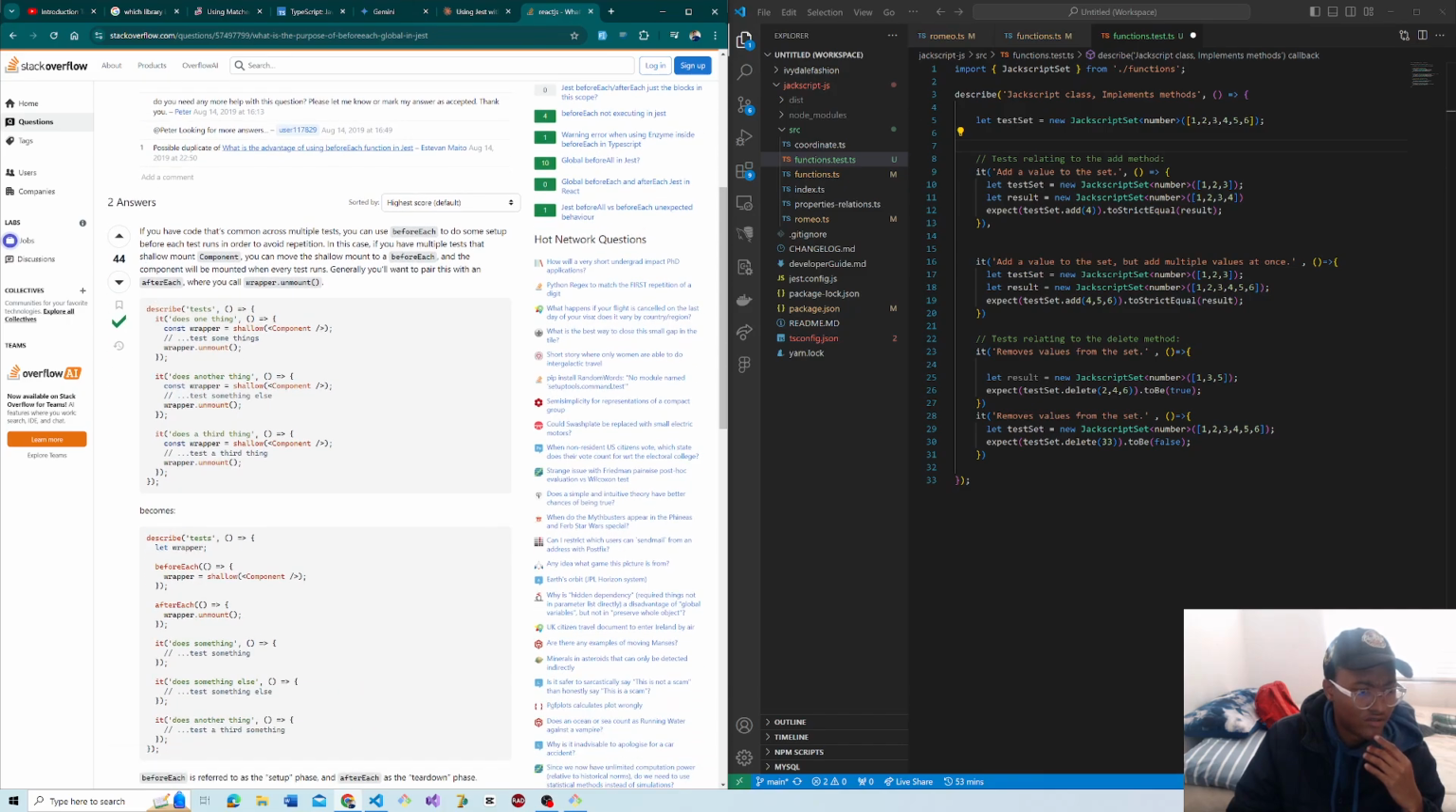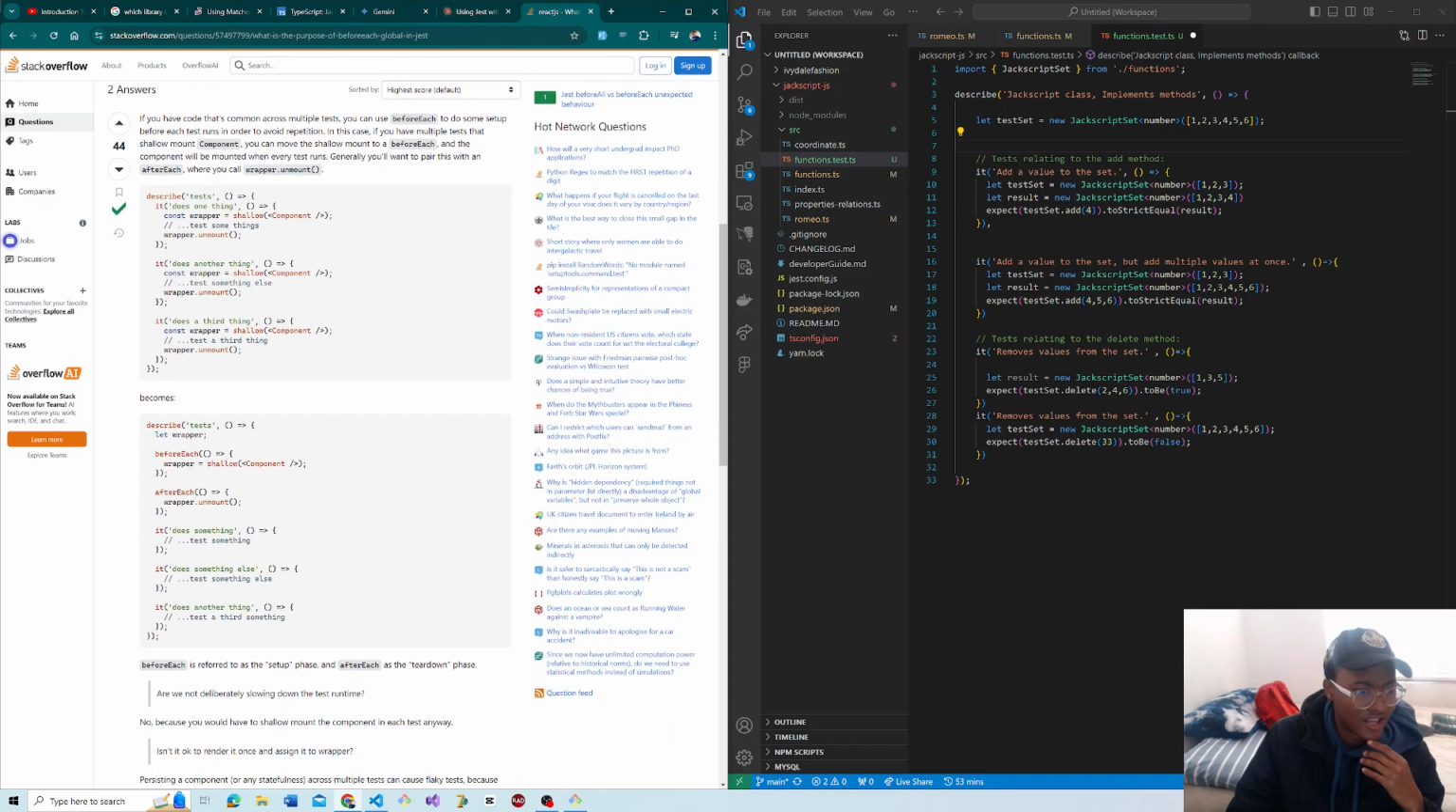If you have code that's common across multiple tests, you can use beforeEach to do some setup before each test runs in order to avoid repetition. In this case, if you have multiple tests that shallow mount a component, you can move the shallow mount into beforeEach. This is like React stuff, but